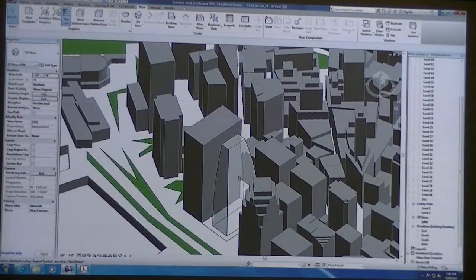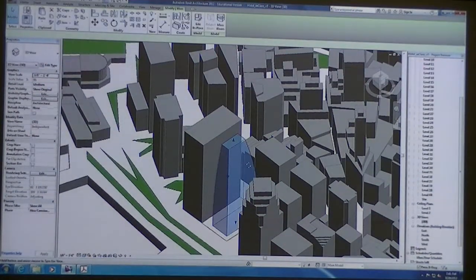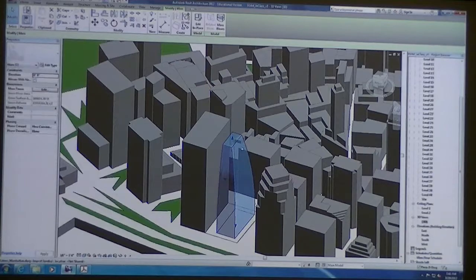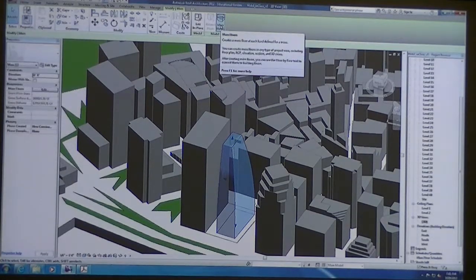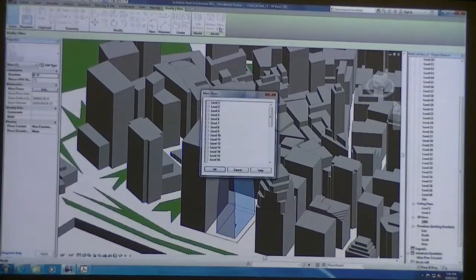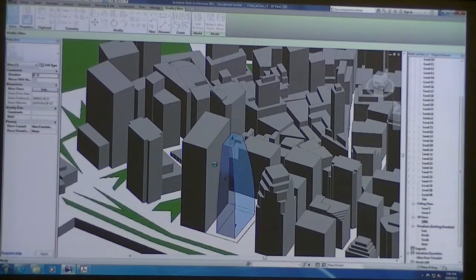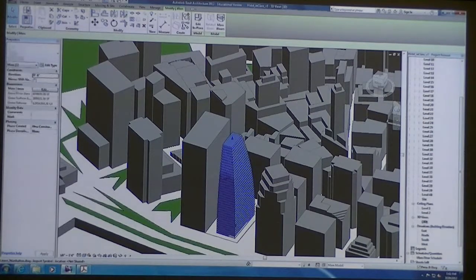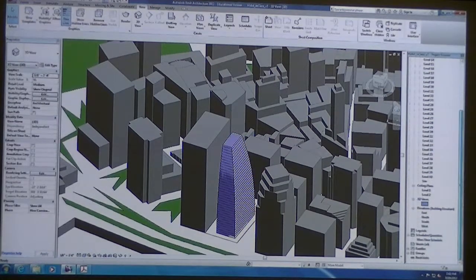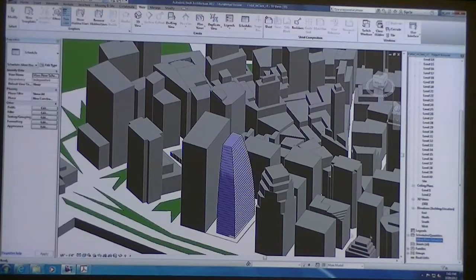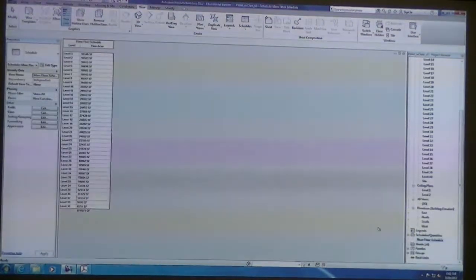And in our 3D view, we can select that mass again, and I'm going to create some mass floors. So select the mass, click on mass floors, and then I'm going to select all of these levels. We've already set up a mass floor area schedule, remember? That's already in the model, and if we just reapply a set of mass floors to the zoning mass, we can look at our schedule and we can see that